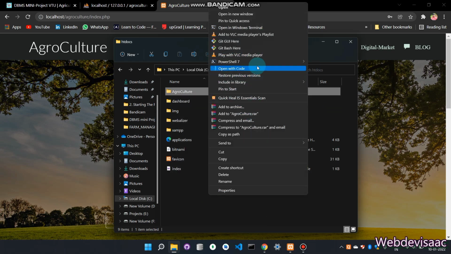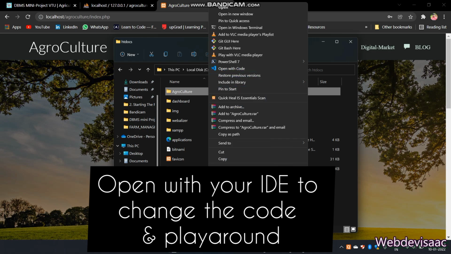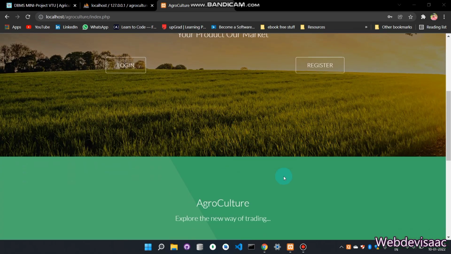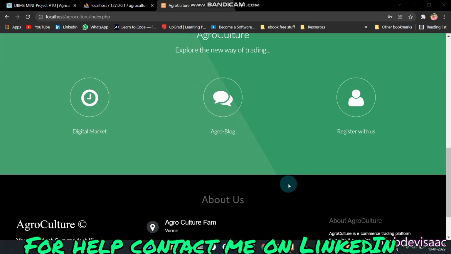As you can see, you can open this with your code editor. My code editor is VS Code, so the option is open with Code. But if you have Eclipse or something like that, you just need to open this with that, and you can change the text or colors and add additional features to this management system.